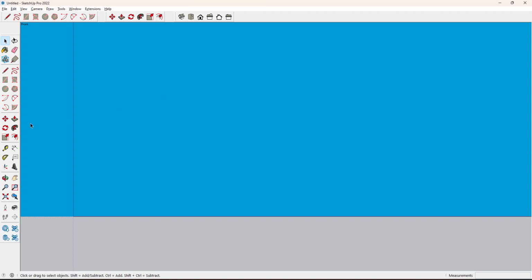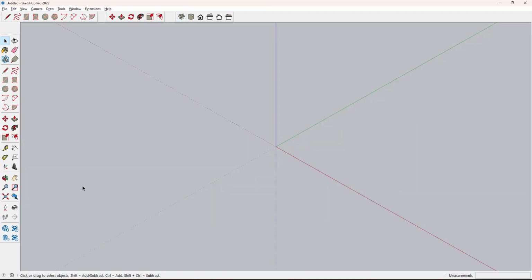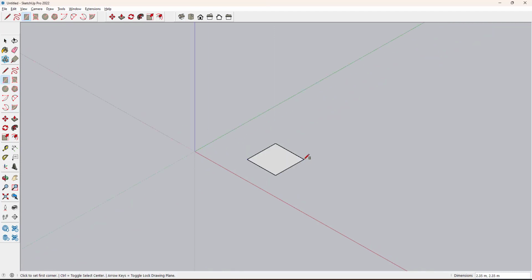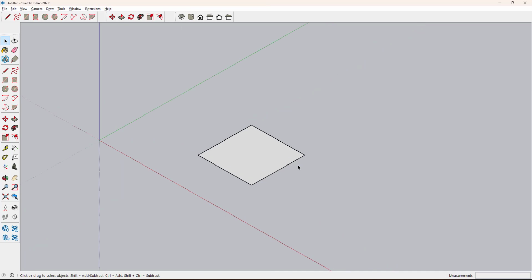The first modify command we have is move. I click on the ISO mode and I draw a square like this. In order to move the object, first we have to select the object by double click because it is in 2D.